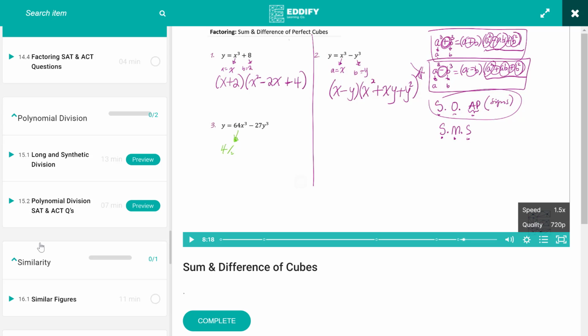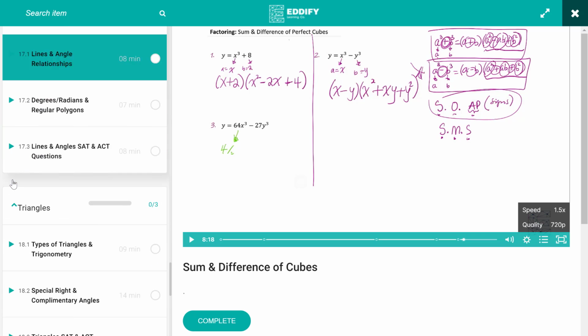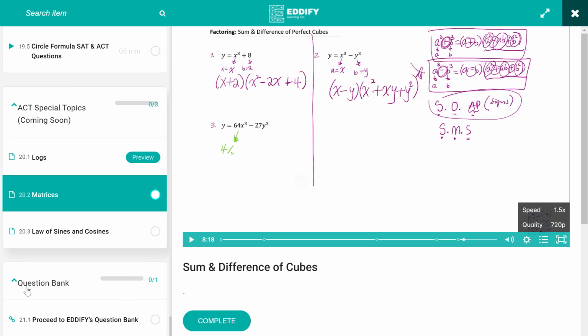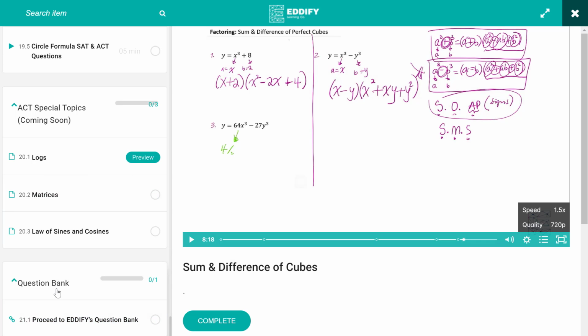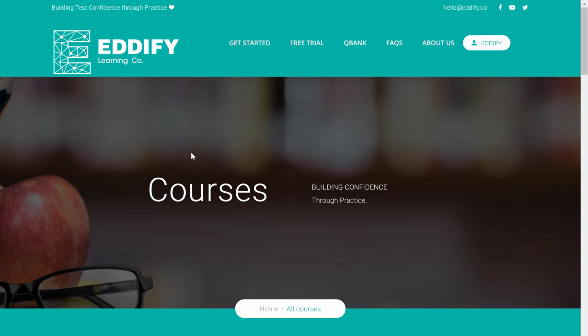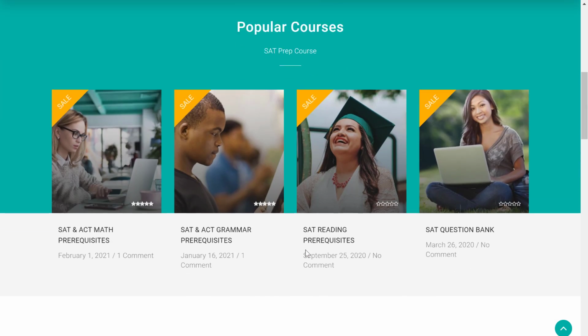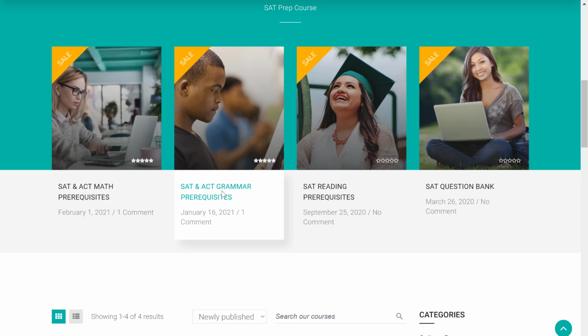So these are all the math lessons that you're going to need to know before all of this culminates into a question bank. And we'll talk about the question bank momentarily. For now, let's have a look at the writing section. So you can see Margaret Ann and the work she's done putting together the writing section, the SAT grammar section. So clicking on this,